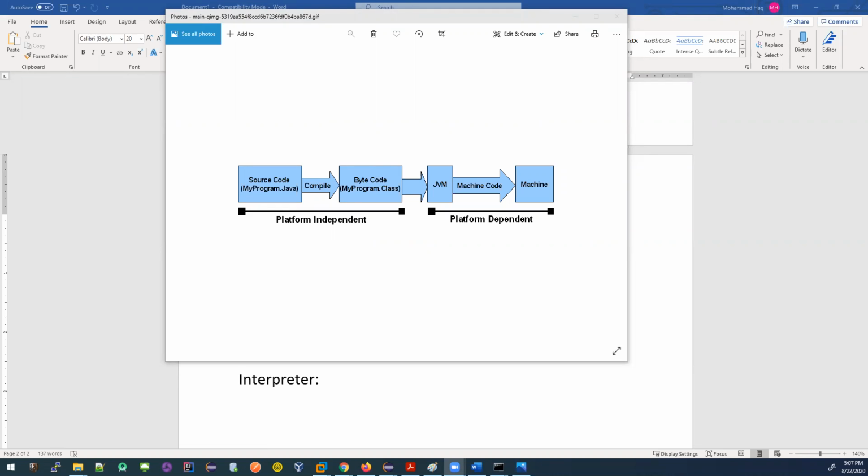So the Java compiler is converting a source code to something that a machine can understand. So this is a compiled file. In Java, it has a special name, which is called bytecode. Also, this bytecode is for a specific machine. This machine is called the Java virtual machine. It's not like a regular machine. It's a virtual machine.